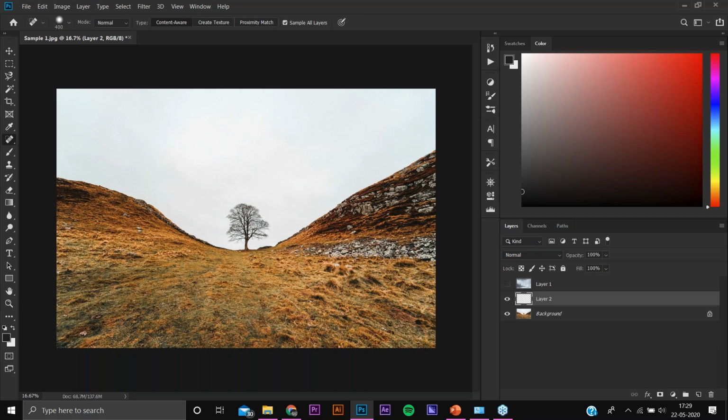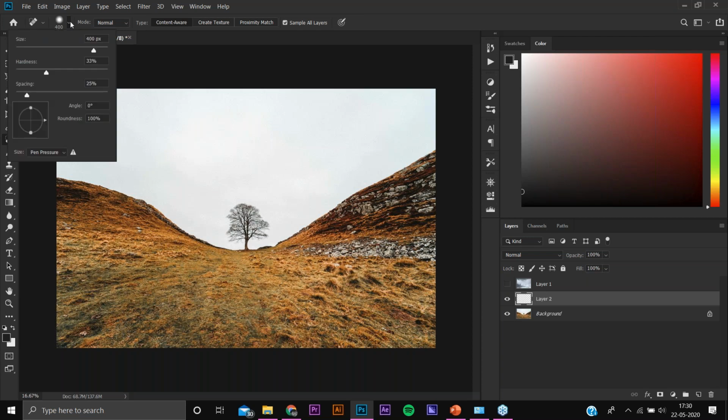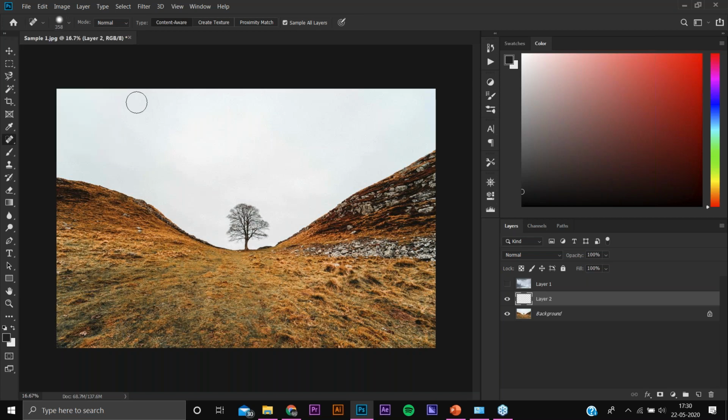There is also softness that can be adjusted, like it would work like a brush over there. Right now we are using a mouse here, so hardness and the other settings will not have as much effect, but the size works the same way. So we would be adjusting the size. Now in the left bottom part you can see the button which I am pressing right now to increase the size of the brush.